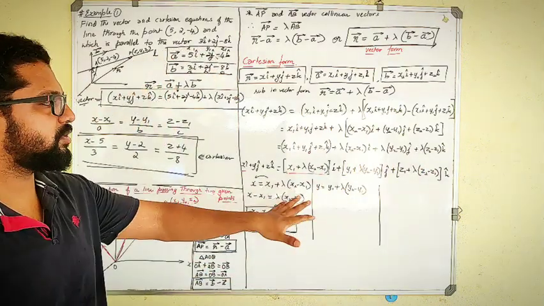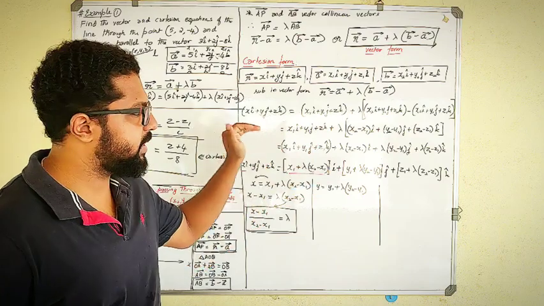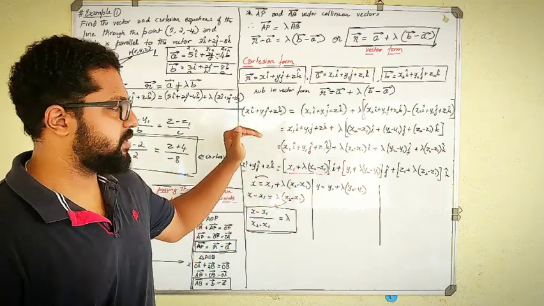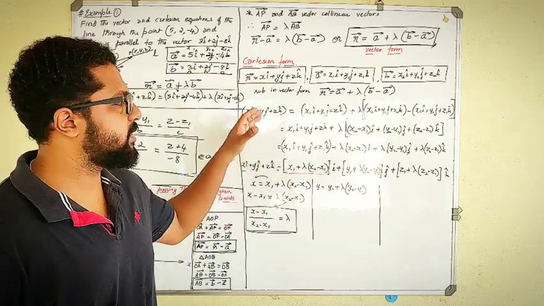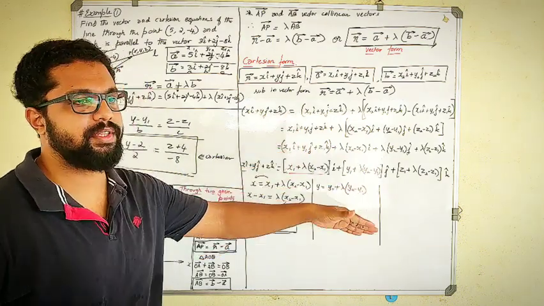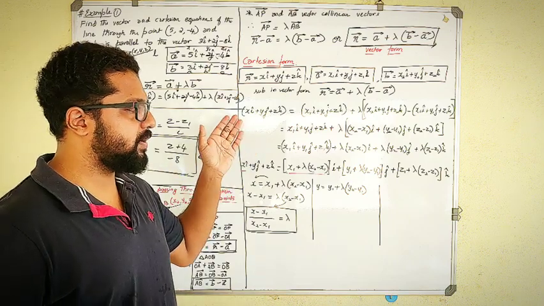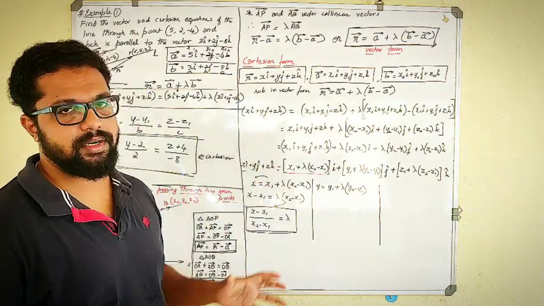So I hope you have understood. If not, just pause the video and check what I have done clearly. I have done it complete, step by step. It's not there like this in the textbook. The textbook is completely jumbled up, as in many steps are skipped, so you might get confused if you look into it. But here I have written it clearly, so please go through this and understand what it is.